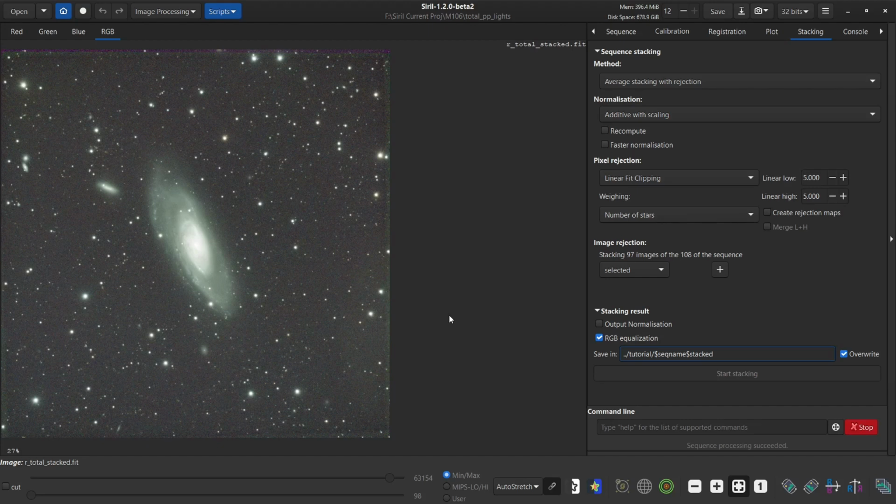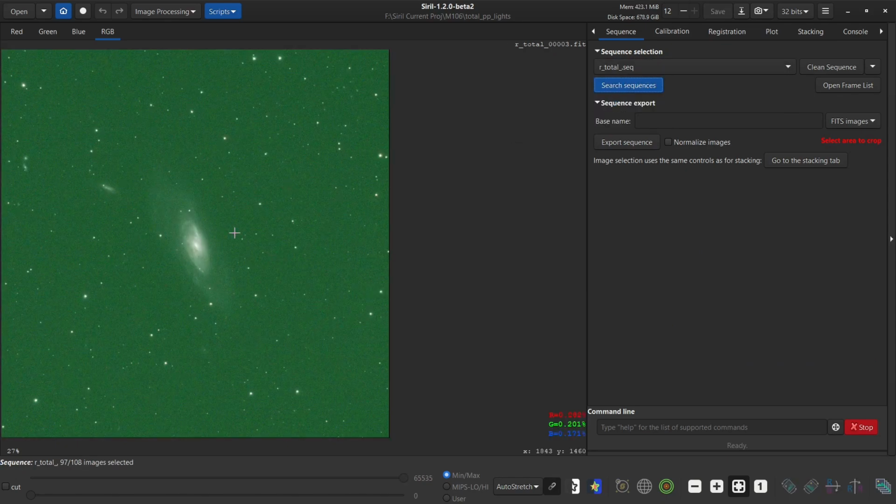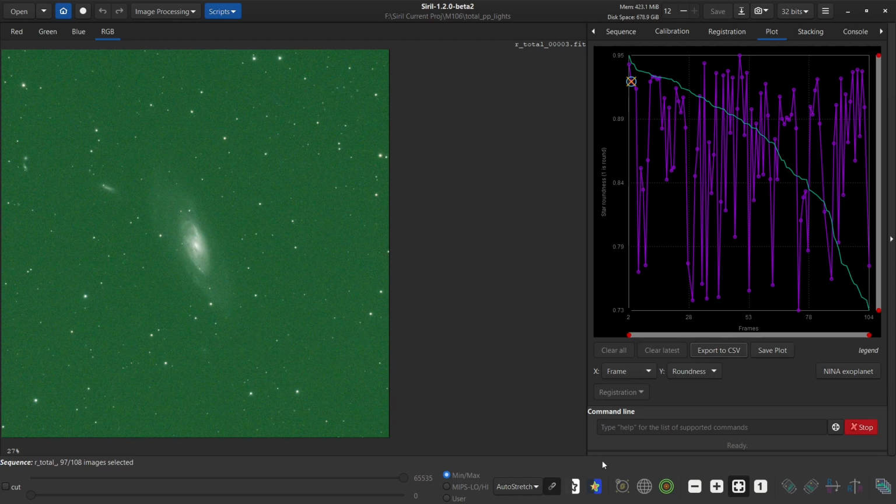Before I change directories to go over and work with this image, though, I just wanted to show a couple more things about photometry and astrometry. So I'm going to reload the sequence now. We have a plot with information. We have registration information here, as I mentioned earlier, but nothing else is available. So what else can we do with this? Okay, there's a few things here. If you know the name of something,